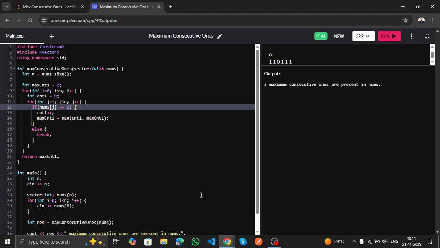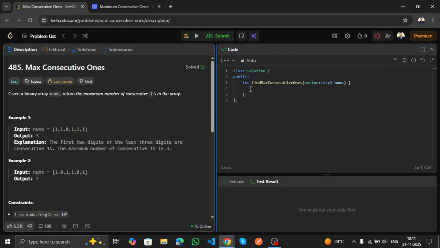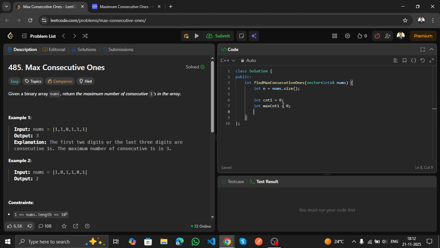This is the simple approach we have to follow. And now let's get to the code part. So I will write the code here. So firstly, I will have the size of this nums inside n. So n equal to nums dot size. And after having this, I will just keep a counter for the ones for the ongoing streak, and a second counter for the number of ones for the longest streak I have maintained so far. And now I will run a loop for int i equal to 0, i less than n, i plus plus,